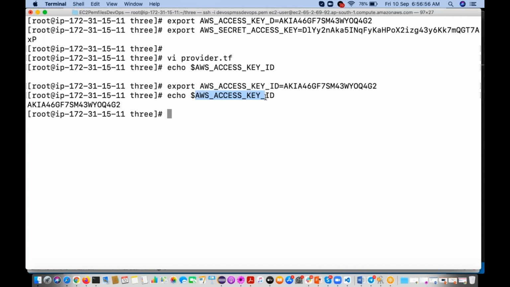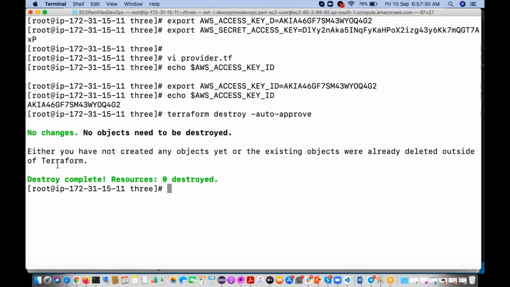So these are the default environment variables, right? Automatically your Terraform can understand them. If you create these two environment variables, automatically your Terraform script can understand. Now, if you go and run the Terraform script, it is going to work. You are not going to get any error. See, even though you have commented, it is working. Why? Because we have created those two environment variables.